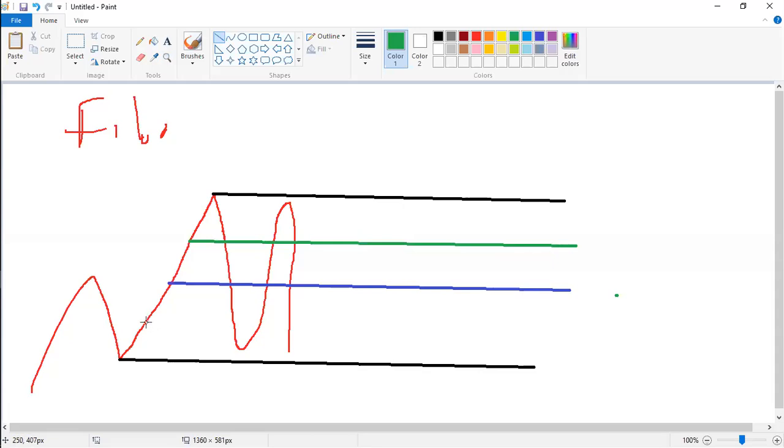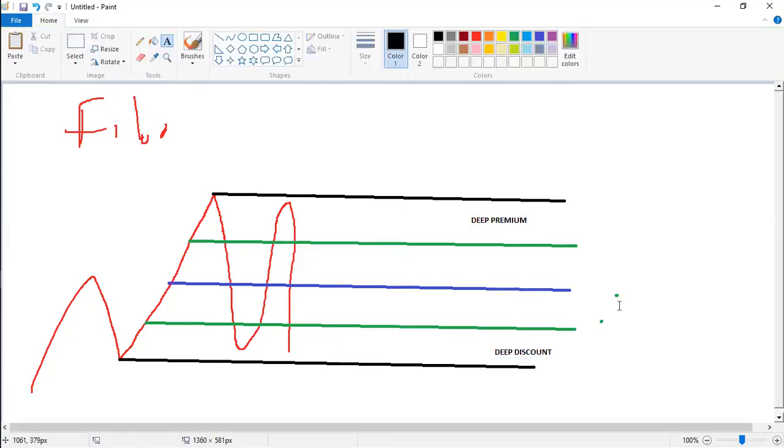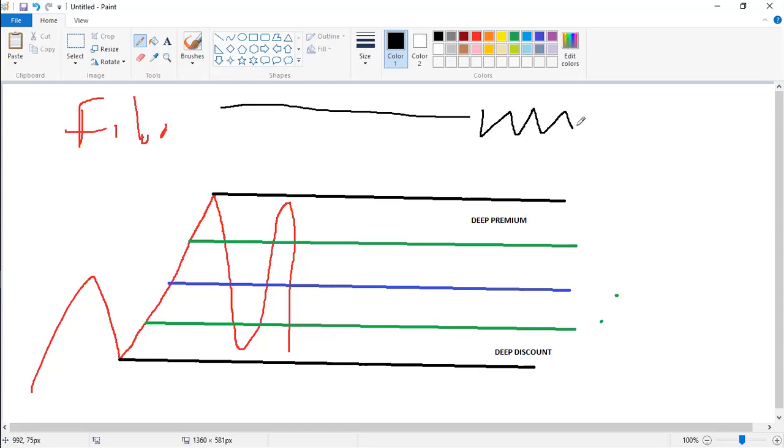And you divide the discount again in half. This only applies to a ranging market, when price is moving sideways. So now, when you have this, we only want, what is it? Deep premium and deep discount, right? So in a ranging market, when price is moving sideways, like this, just moving sideways, you only sell